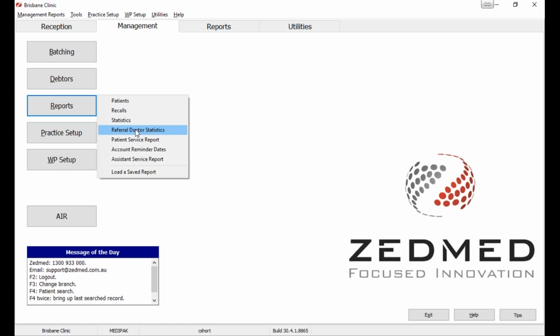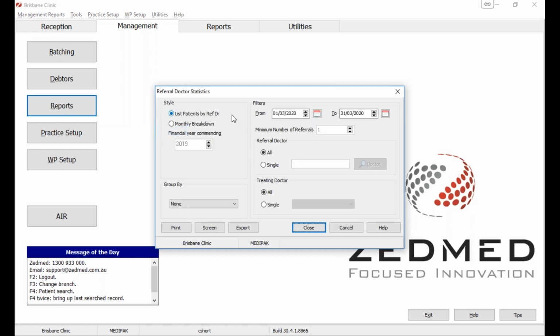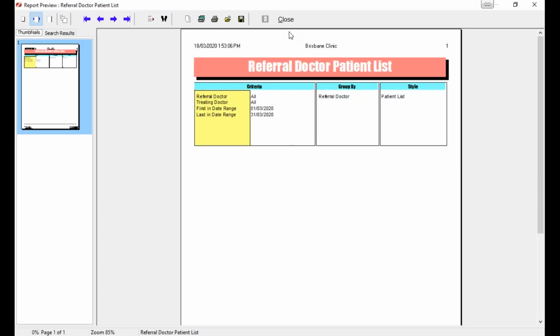The referral doctor statistics here. So if we come into this section here, we'll be able to see the particular patients that have been referred by specific doctors here. So if we run this for a particular date range,